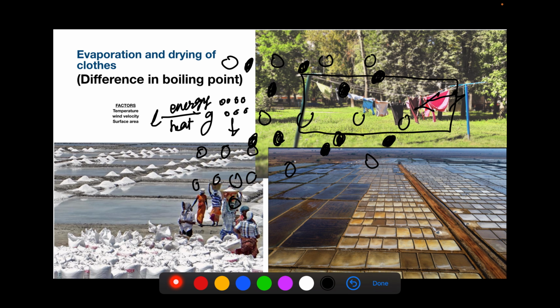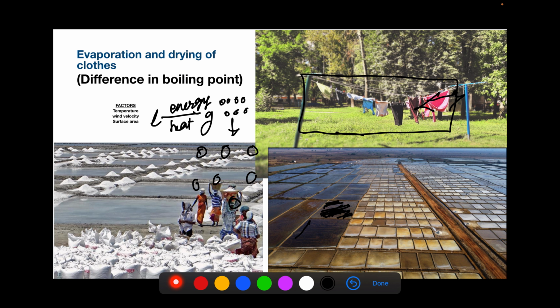Similarly, you can see these salt pans. This seawater is left here in the salt pans. It has been exposed to the sun by maximizing the surface area. If the surface area were less, say, instead of this flat pan, if it were designed like this,